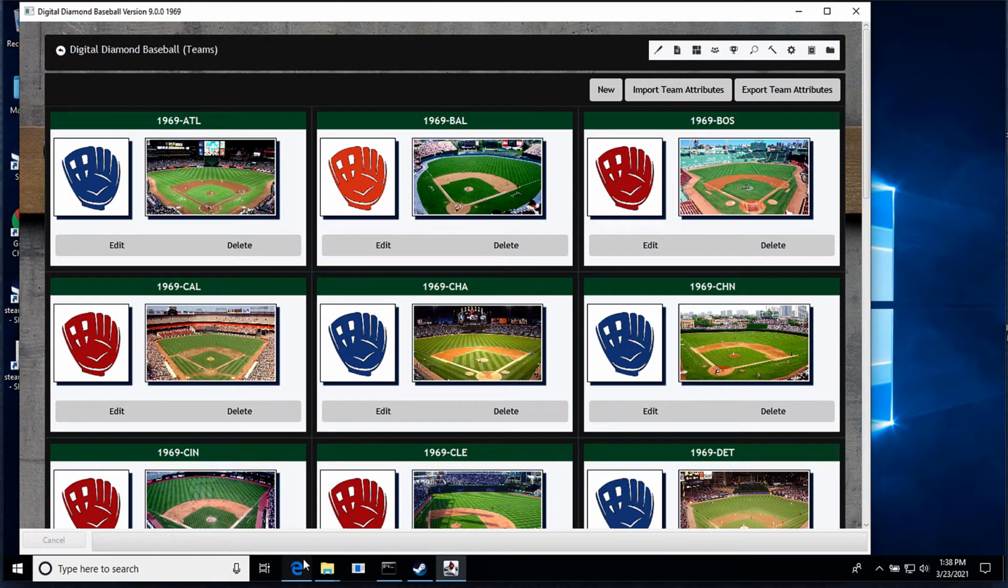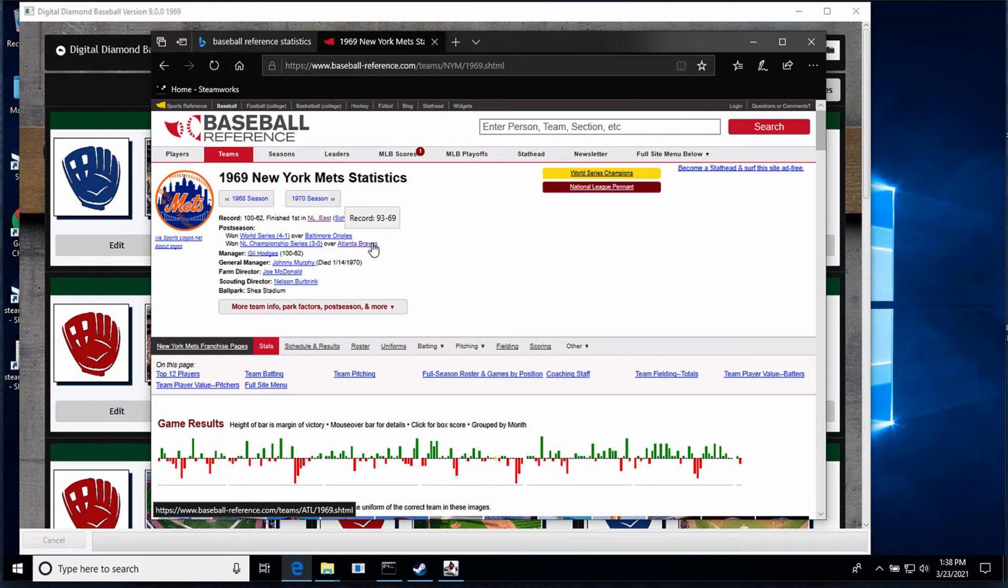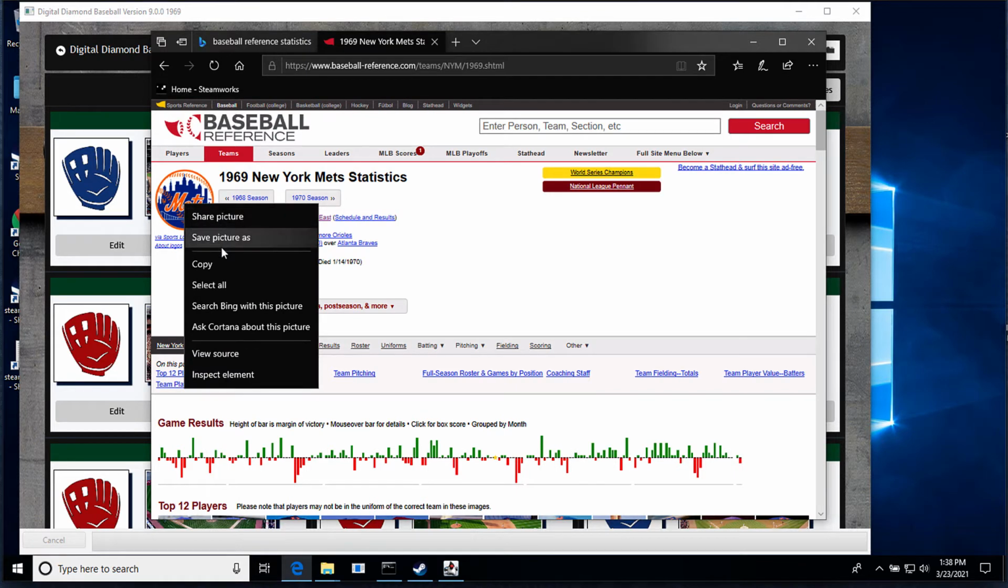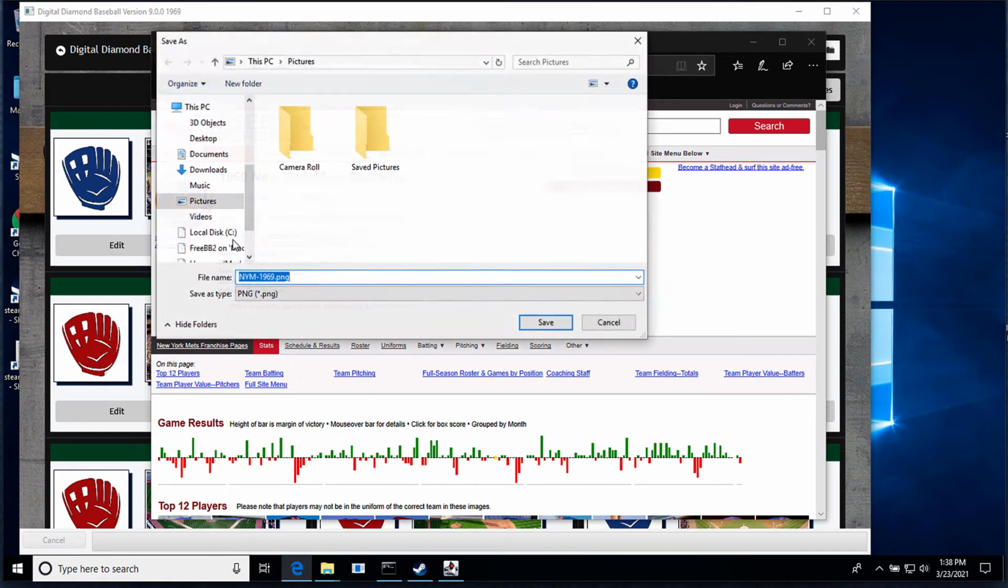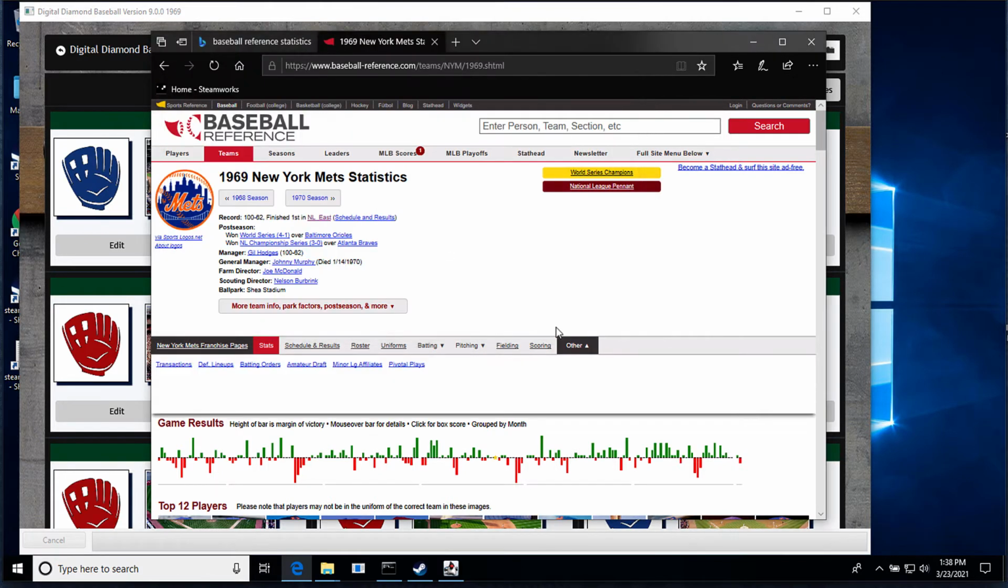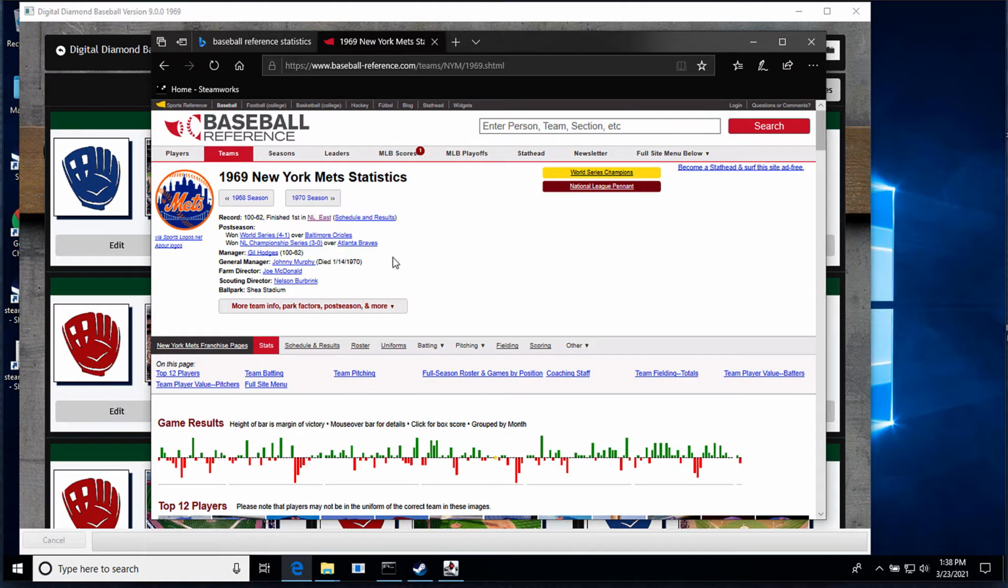So to do that, one good place to get logos is Baseball Reference. They have them and they change over the years, so you can go back and get old logos. These come from sportslogo.net, logos.net, so you can also go there. So what I'm going to do is just right-click on this logo and do a Save Picture As. And I'm just going to save it in my Downloads folder. And then, now that I have that,